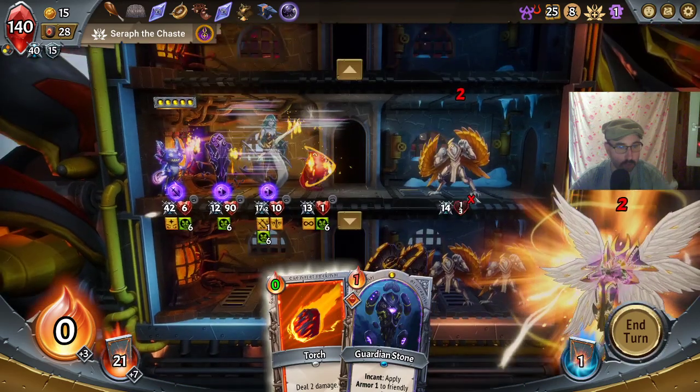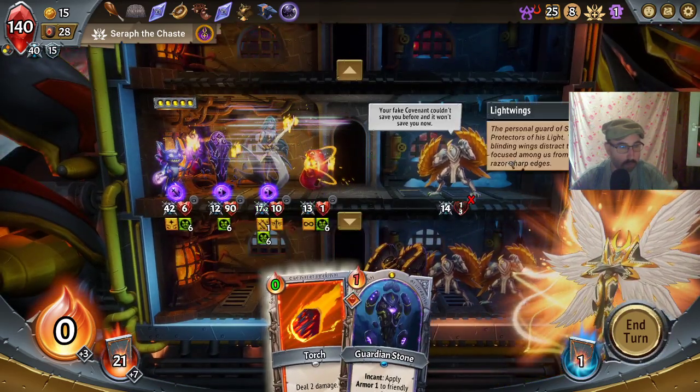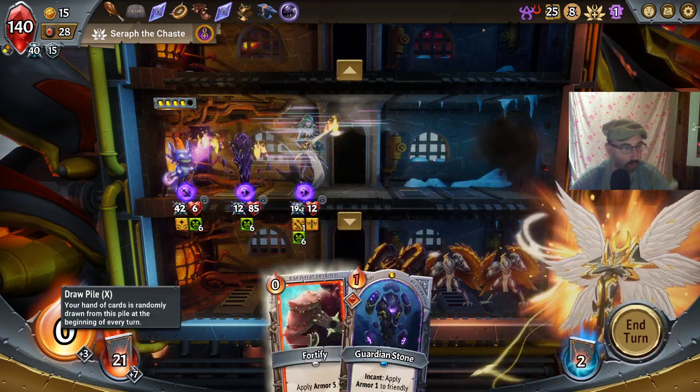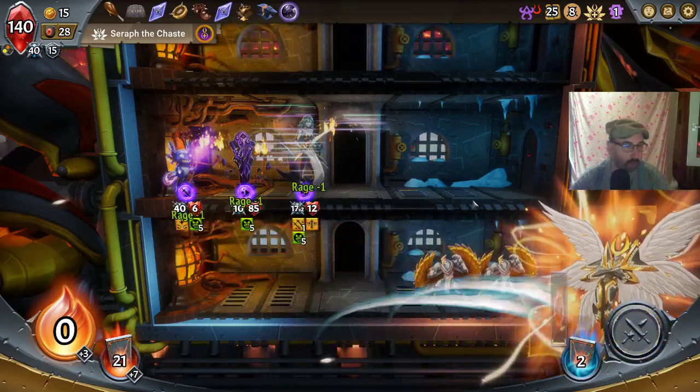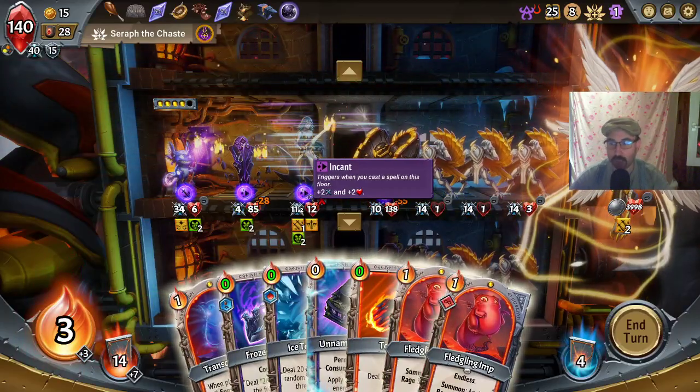Let's move you up and... We don't need to finish you off. I can just torch my own imp. I don't want to draw back into the imp, so I'm not gonna play the Fortify. Having to set up on the...